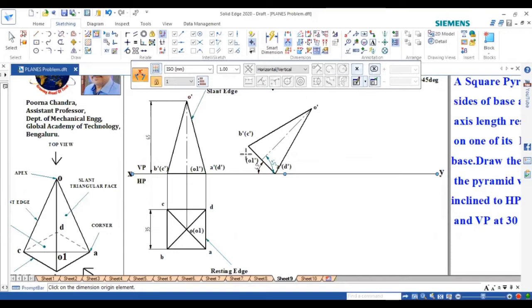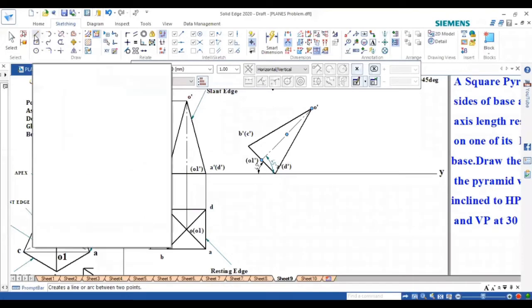So 90 minus 45, obviously I'm getting 45 itself. So rotate the base for 45 degrees and name this as A dash D dash. Then measure this to this and cut it. Then this to this and cut it. Then measure here to here and cut an arc from both sides and you can join, right? So that's how you can do the projection of the square pyramid.